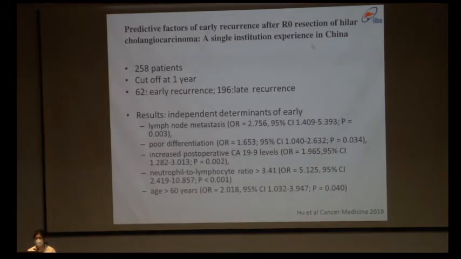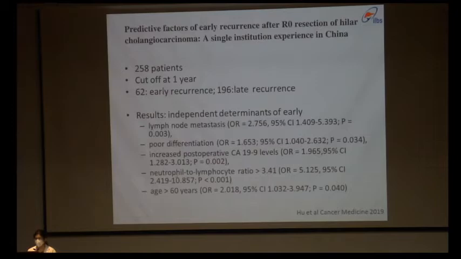In case of hilar cholangiocarcinoma, usually the recurrence is of early recurrence and late recurrence. 1/4 is early recurrence at a cutoff of 1 year, and 3/4 had late recurrence. So in this study, they have concluded that the patient with lymph node metastasis, poorly differentiated tumors, increased post-operative CA 19.9 levels, neutrophil to lymphocyte ratio of more than 3, and age more than 60 years, they are all associated